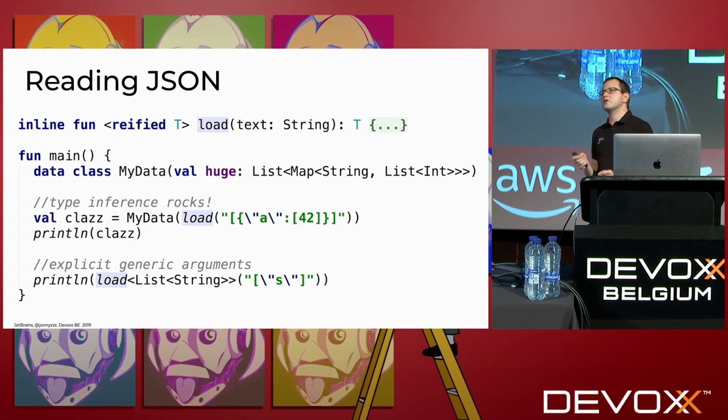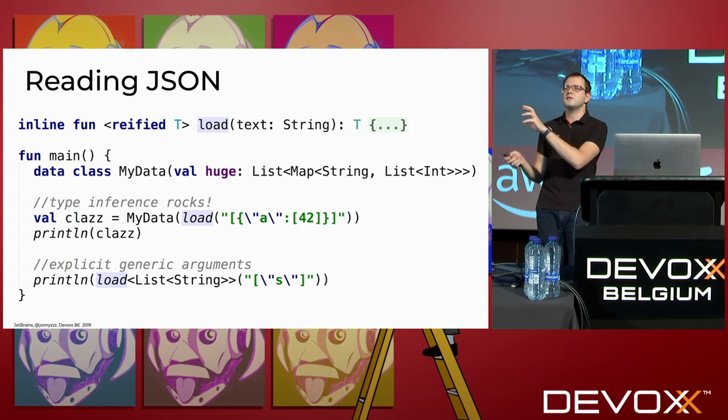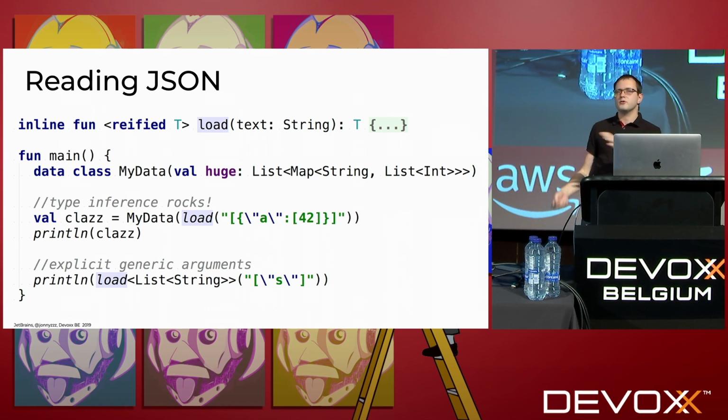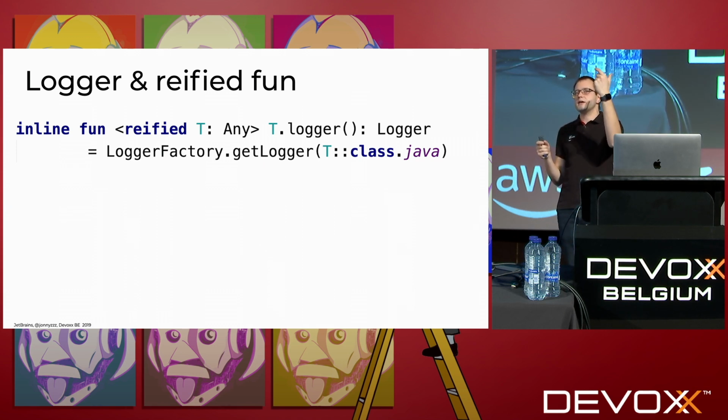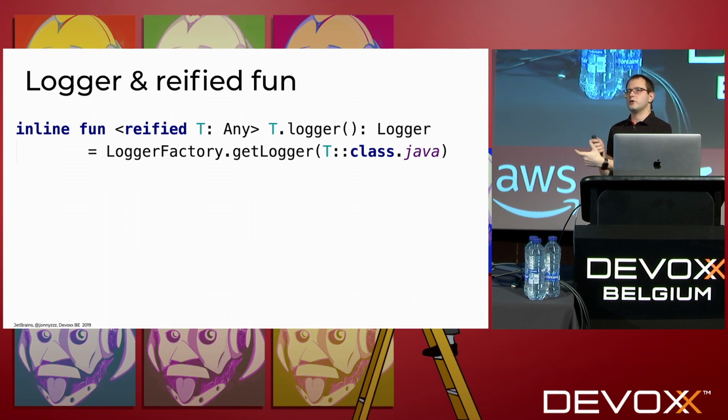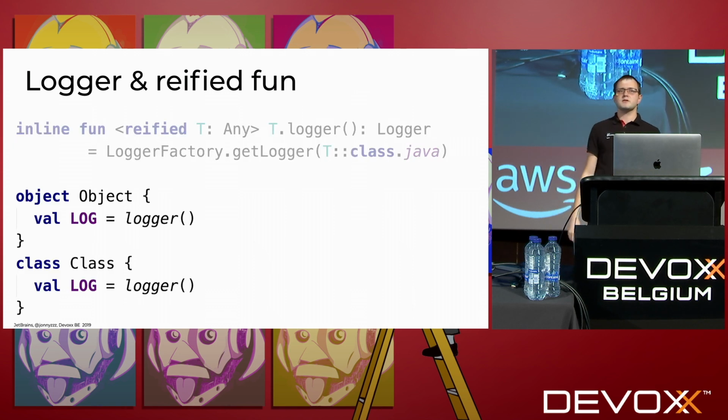Like the type reference from the Jackson library or stuff like that are intended to be helpful in a generic case. Well, the last thing to show is a tiny pattern to create a logger, because all the time I create a logger, I don't like to write the same class name twice, for the class name and for the logger. So it could be used like this.